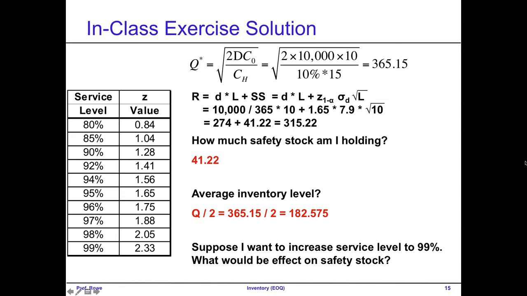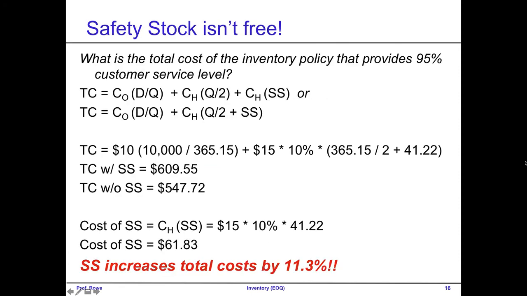Now, to look at that a little bit further, as we just saw, safety stock is not free. So we've altered our formula. We have our new total cost formula. We put the values in: the $10 ordering cost, 10,000 units per year, divided by our EOQ value that we calculated previously, our holding cost, Q divided by 2 plus my safety stock. So my total cost with safety stock is